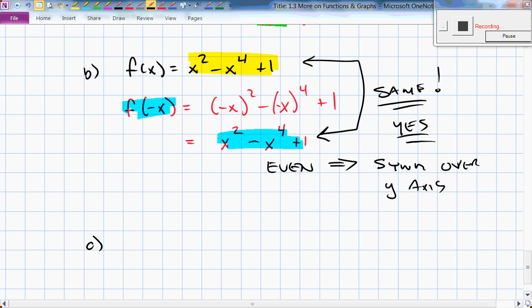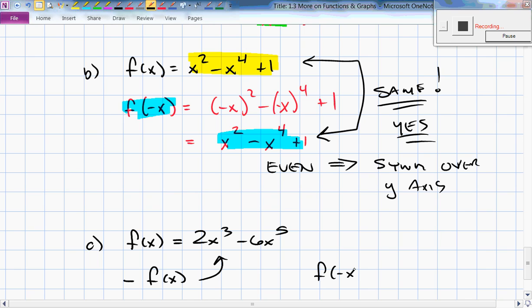Okay, the last one is going to be an odd function, and I'll leave it to you to try and run. So 2x to the 3rd minus 6x to the 5th. All right? I'm going to stop it here, and I'm going to let you solve this one. I want you to take a look at negative f of x and see what you get. Okay? And then also look at f of negative x and see what